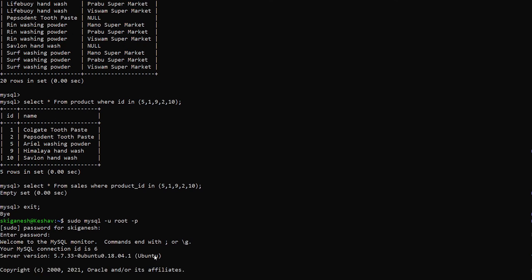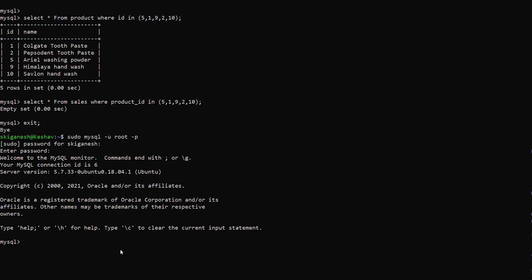Now we have logged in as root user to the MySQL server. We will show databases available.